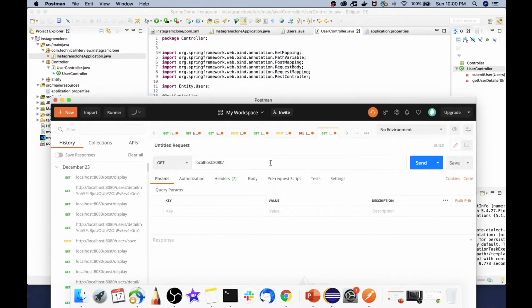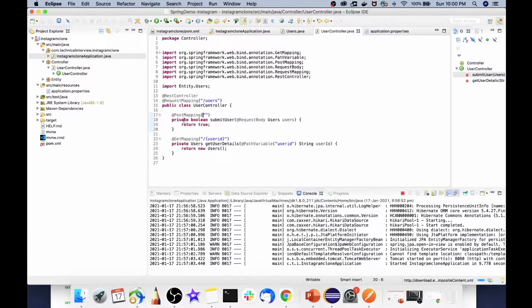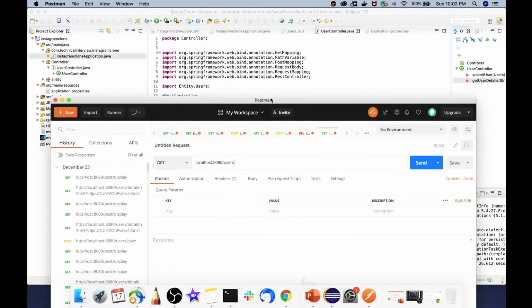So we'll give /users, and over here you can see that the post is mapped to an empty string and the get is mapped to a path where we will be sending the user ID. Let's first test the post method over here. If you are new to the Postman application, from this drop down provided over here, you can mimic any of the methods that you need during your testing process. So we will be testing the post method first.